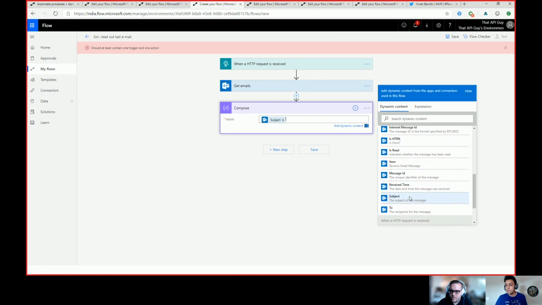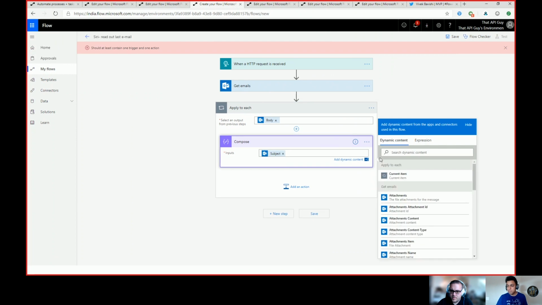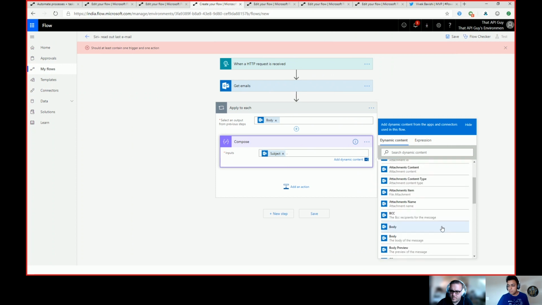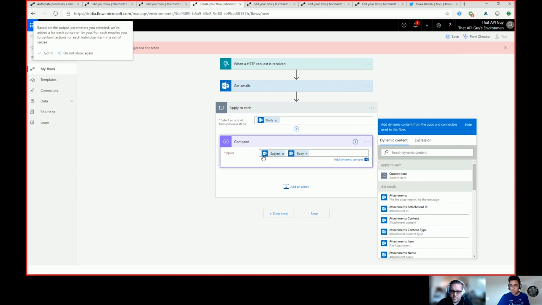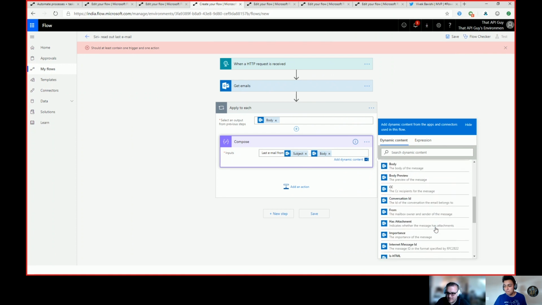Let's just say subject, and maybe the body of the message, and body, and we'll say... Yeah, that's one of the fun parts of Flow right there. You're seeing it, trying to get ahead of actions or dynamic content you put in. Last email from, yep. And we put from,